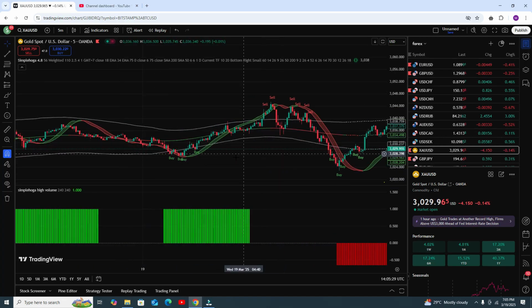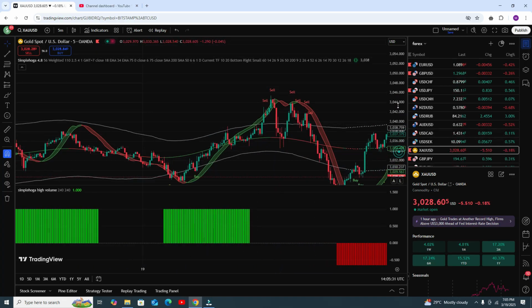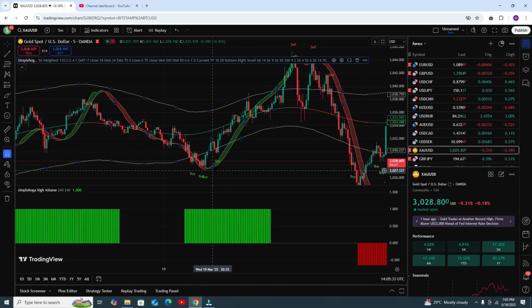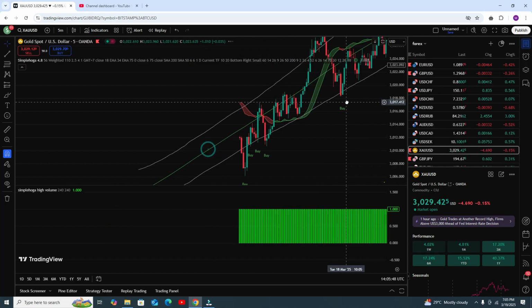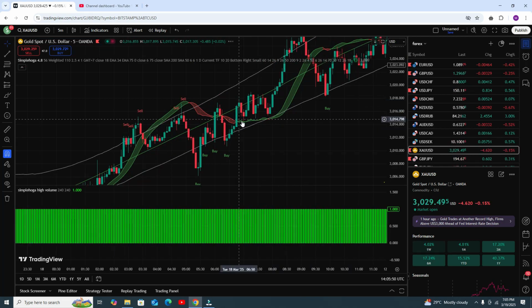Okay, here you can see this is your perfect entry. Like here you can see the RSI ribbon is green, and buy volume, and you can see buy entry, got the target. Okay, let's move further. If you got the entry you can go, but that is not our perfect entry. Our perfect entry will be like this one.